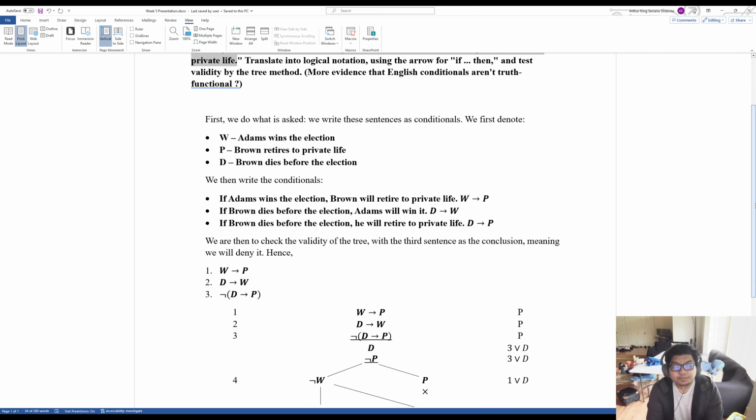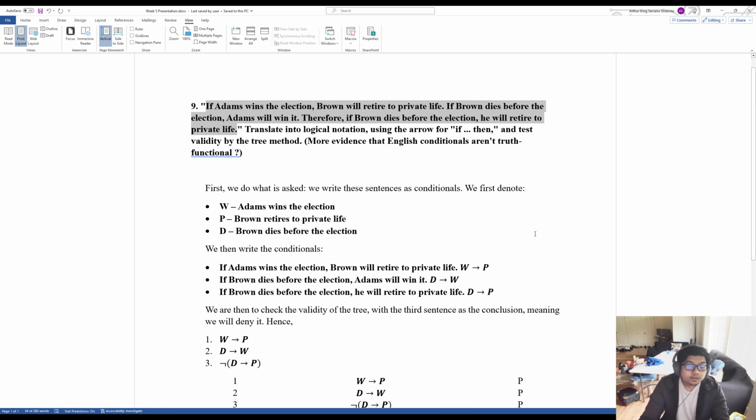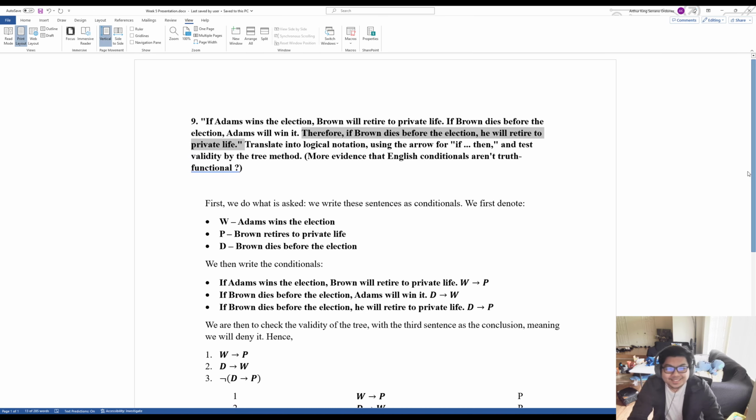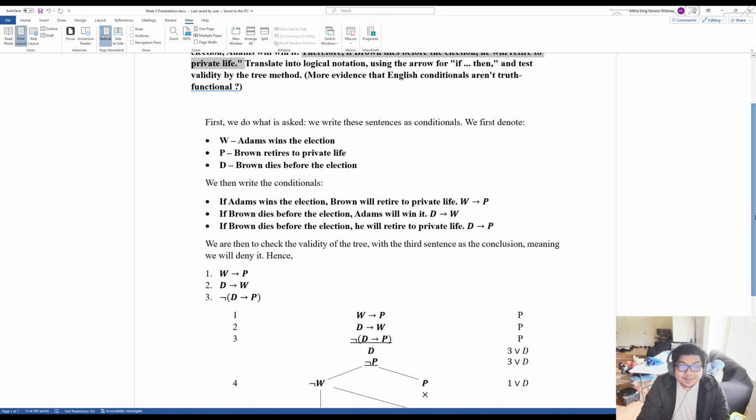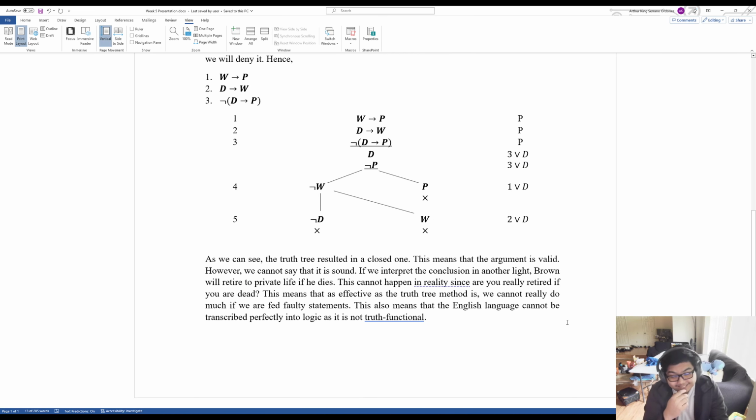But let's think for a second what this implies, because let's again look at the conclusion. Therefore, if Brown dies before the election, he will retire to private life. Does that sound correct? Because think about it. If Brown dies before the election, does he even retire? Does he even live? So even though the tree resulted in a closed one, which implies that the argument is valid in this case,